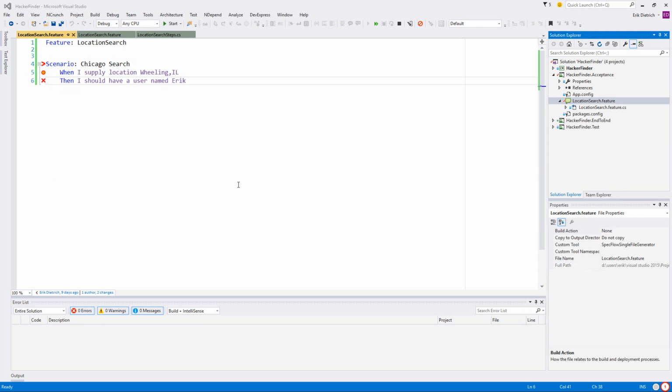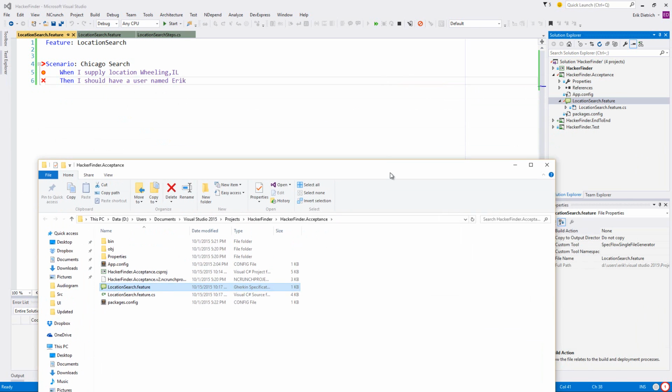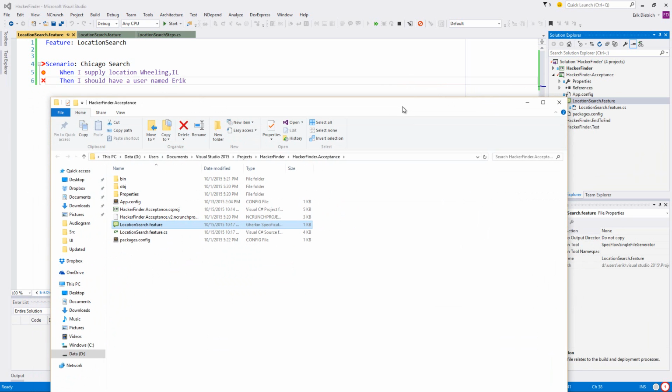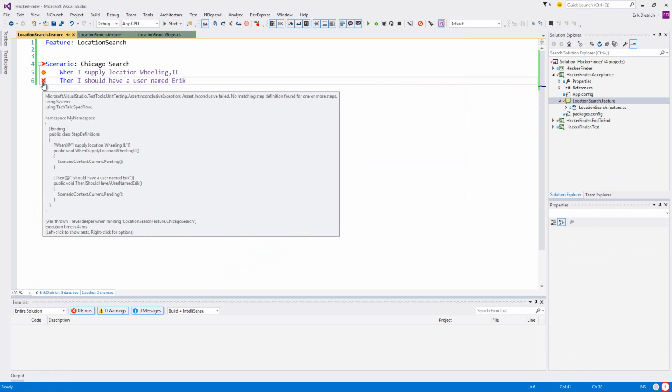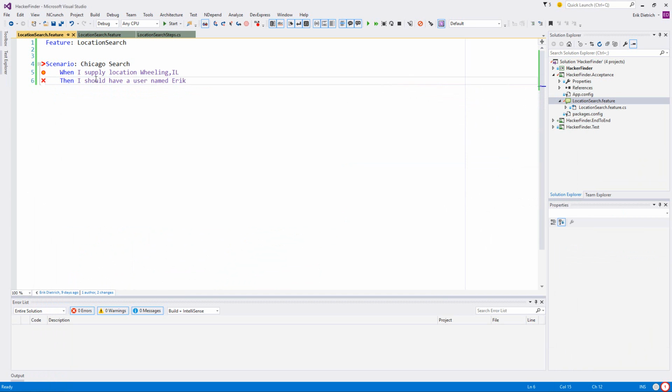That's interesting. Did it generate? I don't see the... Where is it getting this? When I supply location wheeling, so it's somewhere.